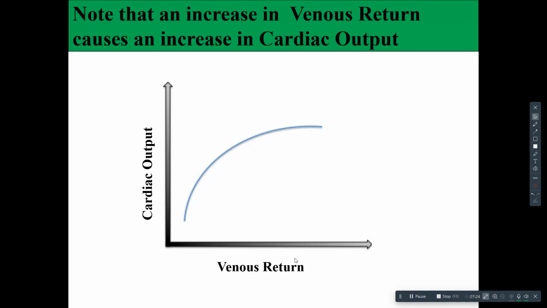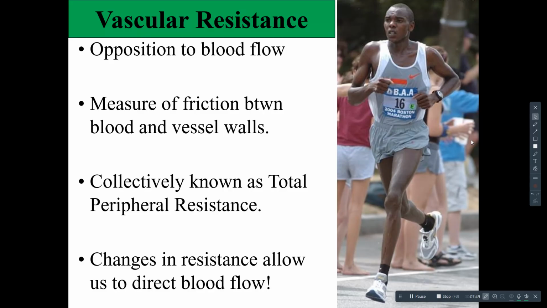Notice that an increase in venous return means we're going to get more blood going into our heart. And we know the Frank-Starling law says more blood in means more blood out. So an increase in venous return yields an increase in cardiac output. Excellent. With that, we are going to move onward and talk about